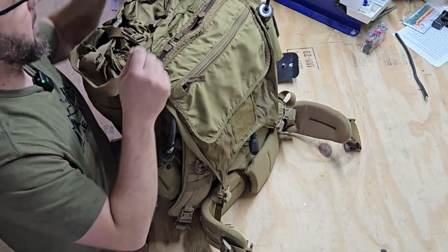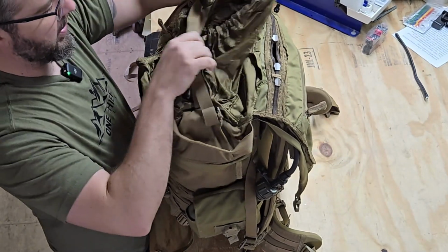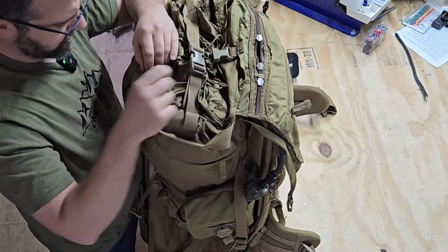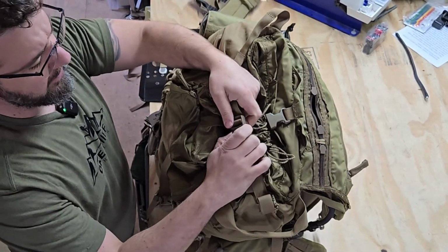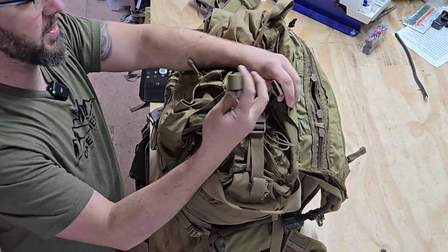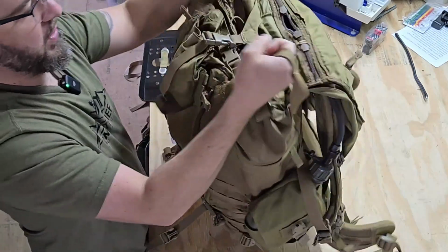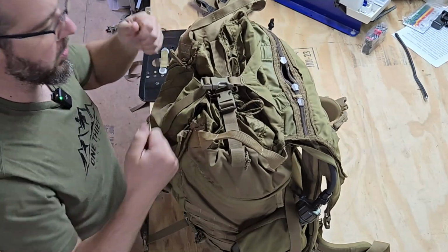At the top here, we have a couple really nice features. One, we have this, almost feels like an oilcloth. It's just a water resistant fabric, really lightweight fabric for your snow collar. And you have 2 compression straps, one that crosses this way and one that comes across from this way and connects here and allows you to cinch your ruck down across the top. You got these 2 grab handles, which is really nice for shaking your gear down into your ruck, settling everything really tight, doing your noise checks before you start. And then from here, we're going to hit